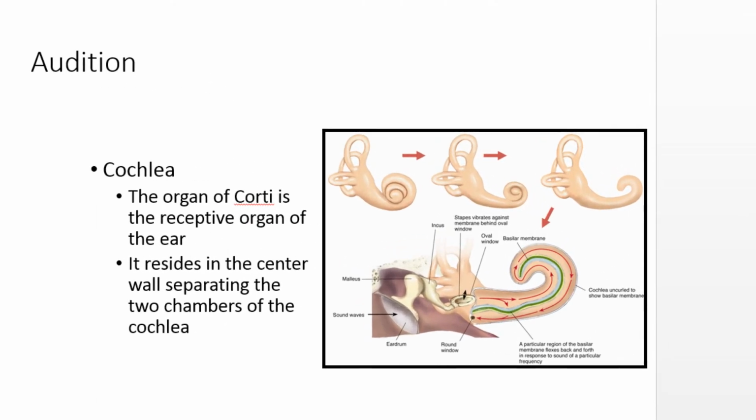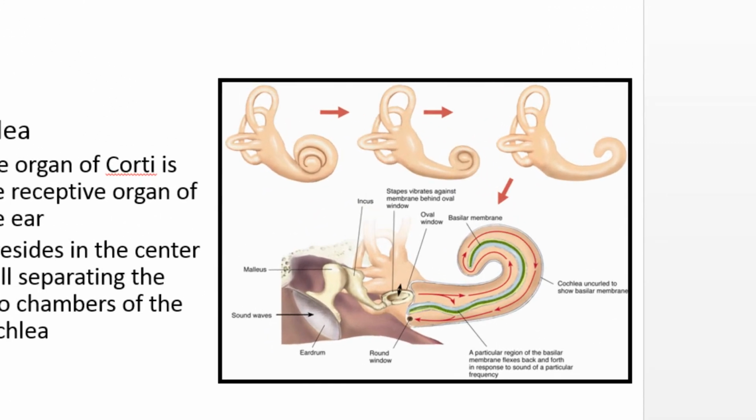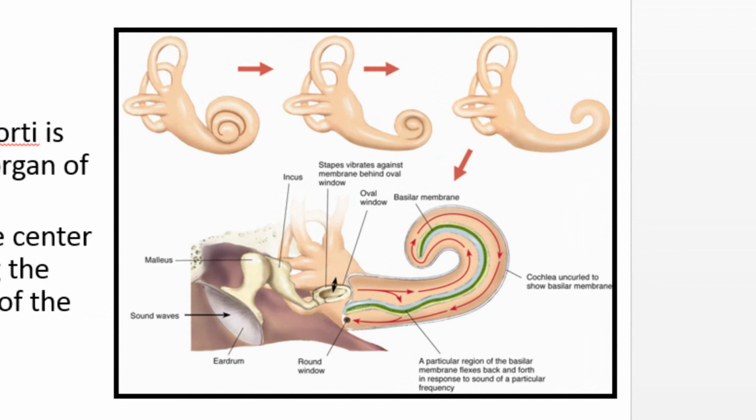The sound that is picked up by your eardrum passes through the malleus, incus, and stapes and then presses on the oval window. The oval window is just generating sound waves through the cochlea, which travel down, if you follow the red arrow, all the way down to the end, and then turn the corner around the wall and then come back out where they will eventually reach the round window.